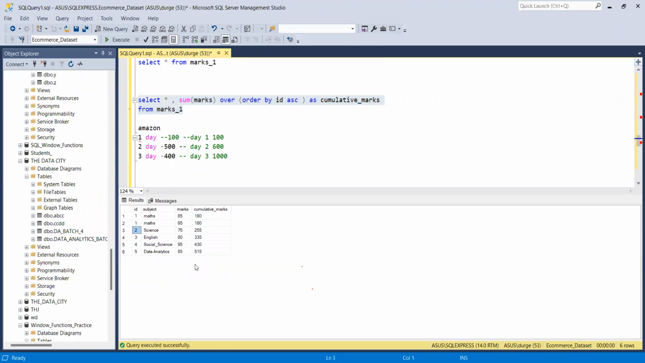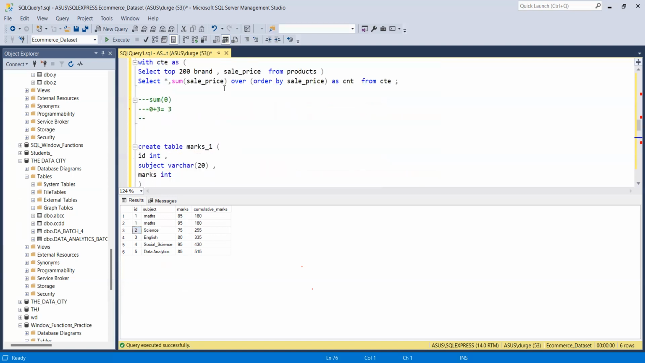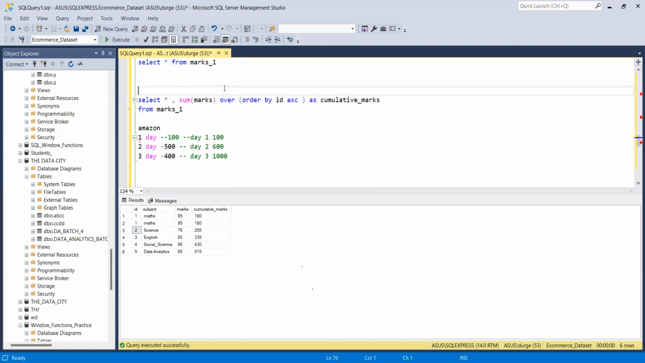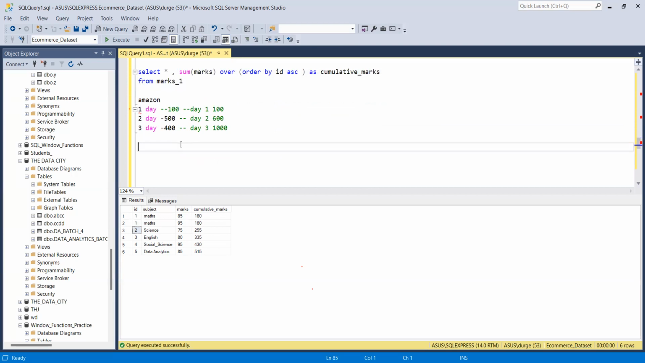So this is all about aggregation with window functions. Now there is something known as ranking with window functions. This cumulative sum, this window function ranking, and the difference between group by and partition by are asked in interviews. So that's why I have made you clear all these things. Now let's move towards